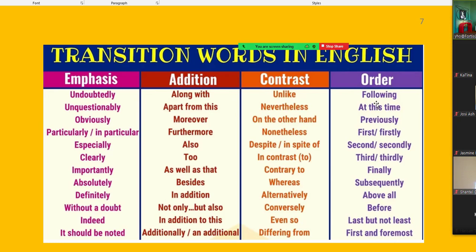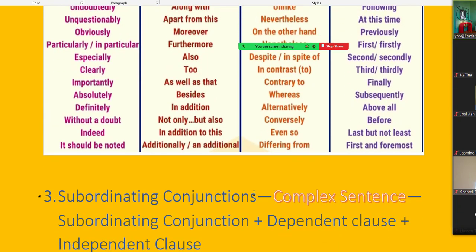So instead of saying, I brush my teeth, then I go to bed, you can say, first I brush my teeth, then I go to bed. Or first I brush my teeth, subsequently I go to bed. Or something like that. So all of these are different ways of saying "so" and "then." This is why I tell students to look up transition words. This is just a small sampling. This is not all the transition words in English. There's a lot more. That's why you should Google your own list, so that way you don't repeat the same words over and